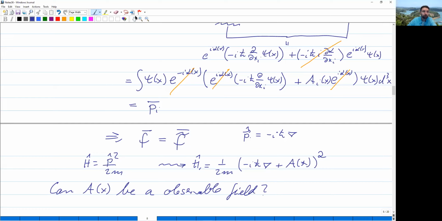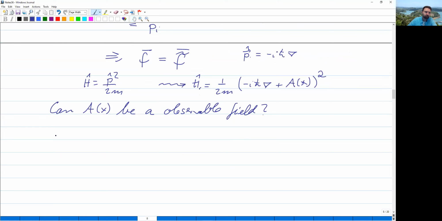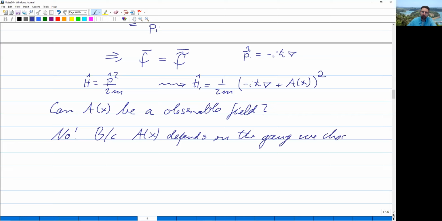Then the answer has to be no. And that's because A of x depends on the gauge we choose. You see, if you have A of x and then you choose a different gauge, then it goes into A tilde of x. So you gauge it to become the old A of x minus h bar gradient of alpha of x. Now, if A of x was a vector field that is actually measurable, well then that should not